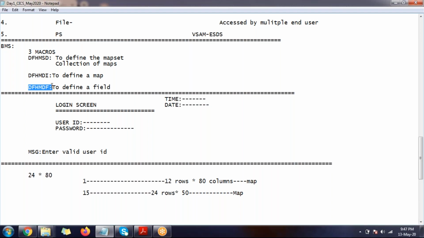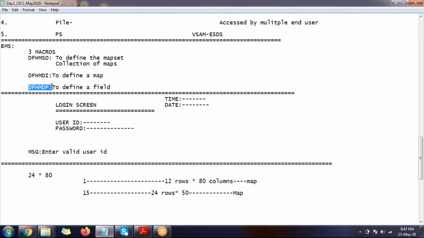I have a basic question. CICS can be coded by COBOL only, right? No, you can use CICS with PL/I also. The CICS map you can use with PL/I, and there are other languages.